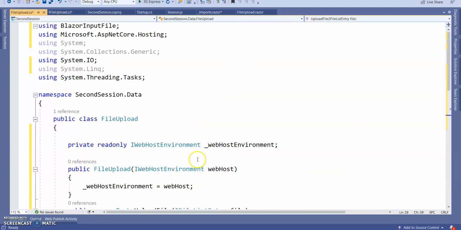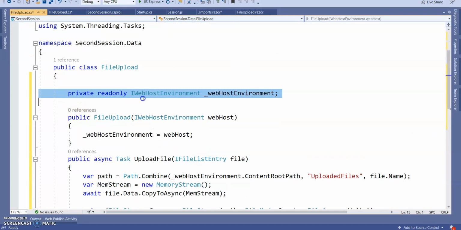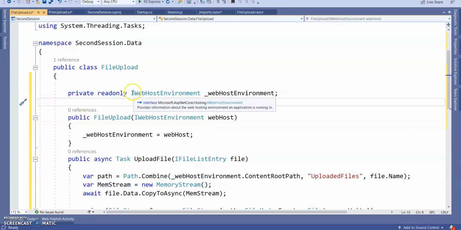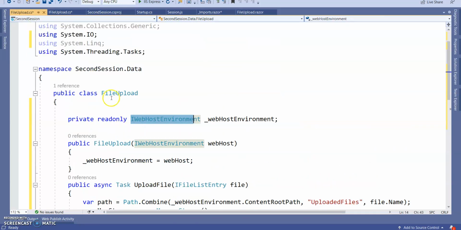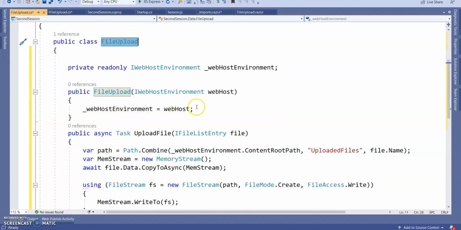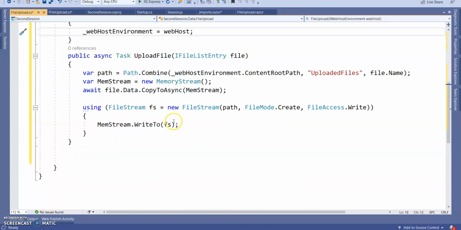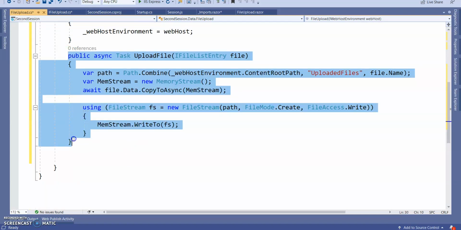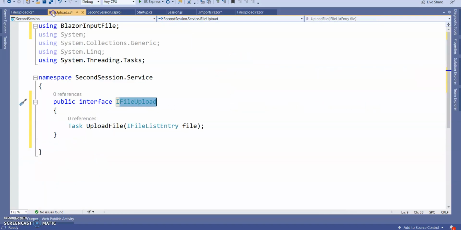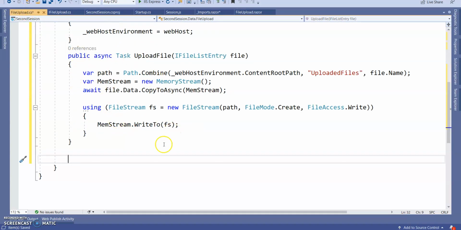So what I did, I declared a read-only variable which is IWebHostEnvironment. In the FileUpload constructor, I assign the web host. Then I created an async task, implementing the interface member inside this class. Var path equals Path.Combine, with the content root path and the uploaded file.